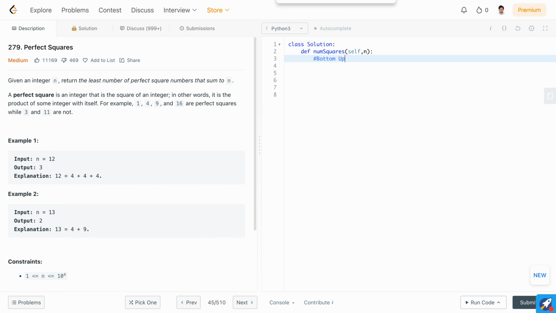So we'll define one DP array, and we'll say let dp of i be the least number of perfect squares